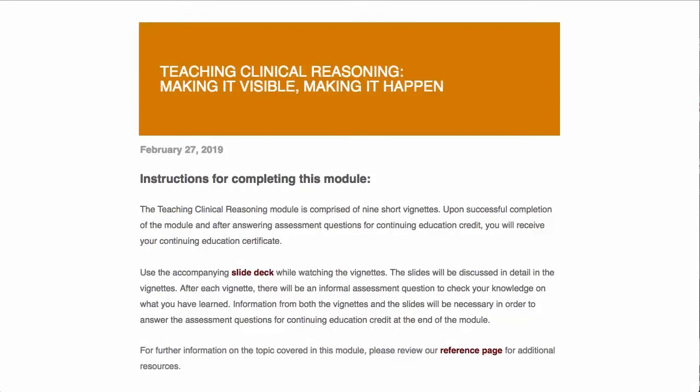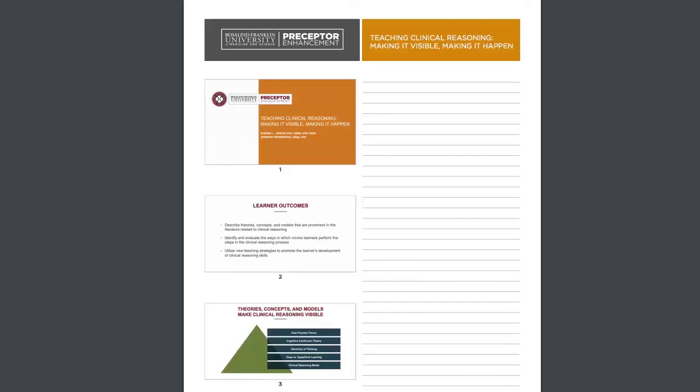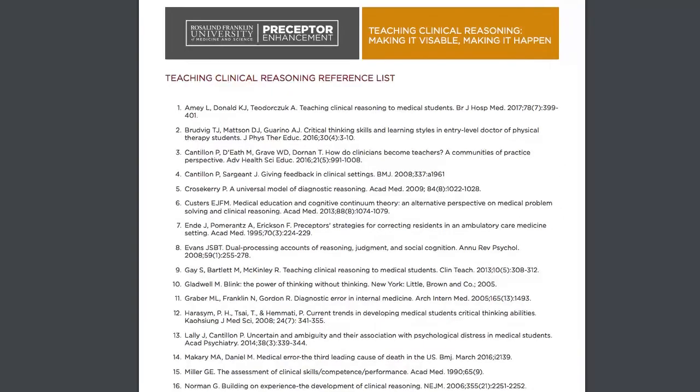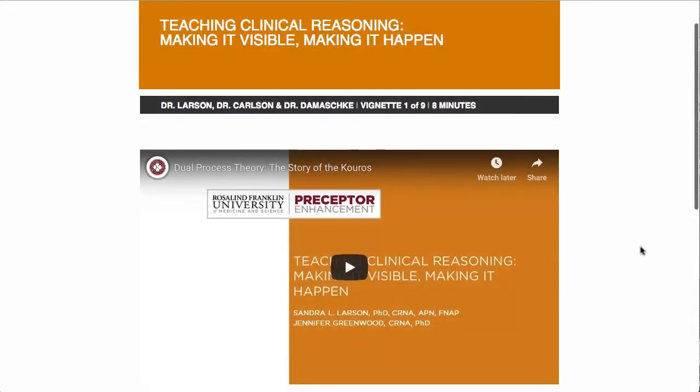The first thing you will see when accessing a module is instructions for successfully completing it, along with some resources that you can use throughout the module. These resources include a PowerPoint slide deck on which you can take notes, and a reference list for all resources used in the content. Next, you will be directed through a series of educational vignettes, each employing one of 4